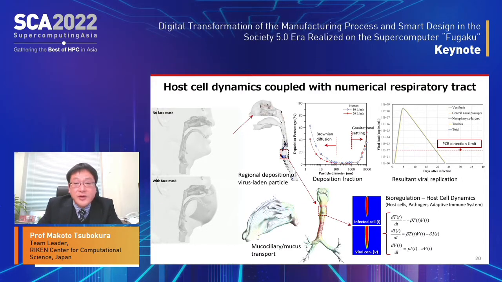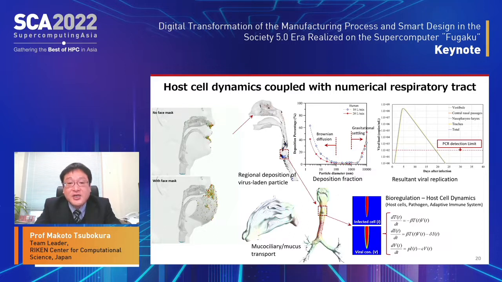This is one of the examples of our current simulations of host cell dynamics coupled with a numerical respiratory tract. As shown on the left, virus-laden particles that reach the breathing zone are transported from the nose into the upper airway and partly deposited on the inner wall, and some of them are transported to the lower respiratory tract. As shown in the upper middle figure, there is a clear correlation between airway deposition and particle size, and fine droplets of 100 nanometers or less are well deposited on the airway wall due to the effect of Brownian diffusion. Similarly, particles larger than 1 micrometer in diameter deposit well in the upper airway due to the gravitational settling effect. The deposited virus-laden particles of mucus are transported in the direction of the larynx by mucociliary motions, as shown below middle. At the same time, the virus infects